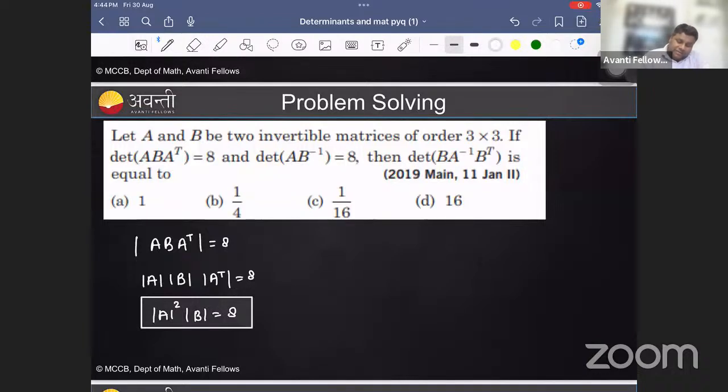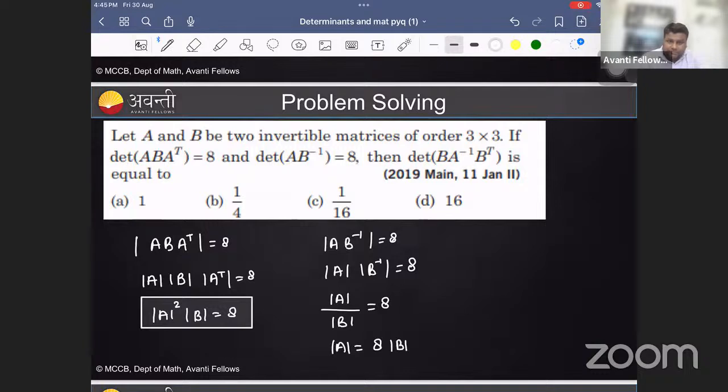Now, determinant of A B inverse is 8. That is determinant of A, determinant of B inverse is 8. So determinant A upon determinant of B is 8. So determinant of A is 8 times determinant of B. Got it? Now they are asking for